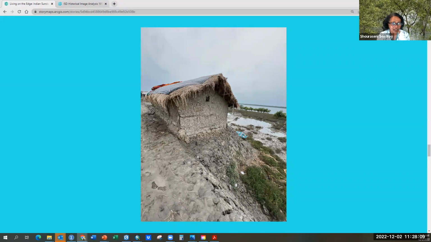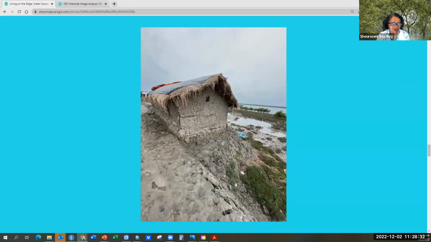It's located on an embankment. This is a mud embankment, and you can see the waterways there. It's right on the coast. There's still flood water here. This is all salt water. This person actually lived right here. This was all his agricultural land. And once Cyclone Yas came by, his house was completely destroyed.